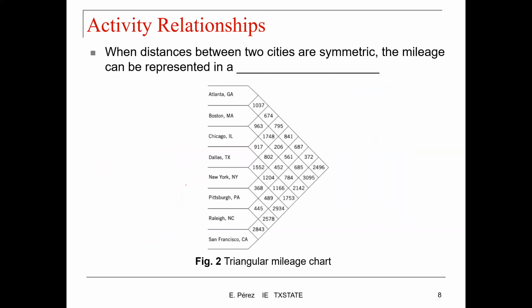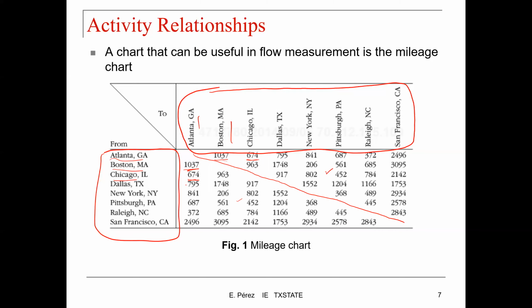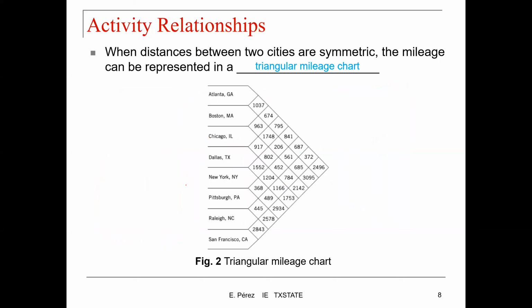When distances between two cities are symmetric, the mileage can be represented in a triangular mileage chart, which is what's illustrated here. So instead of having this shape happening in two dimensions here, we can just create this type of graph. And it's very simple to use. You have all the cities listed in this vertical axis, and then you have a middle point that unifies those two cities. So in this case, Boston and Atlanta,